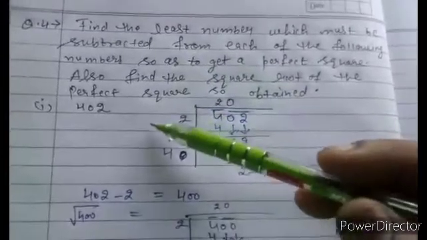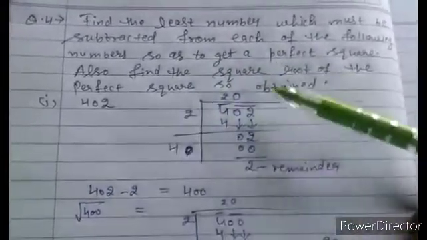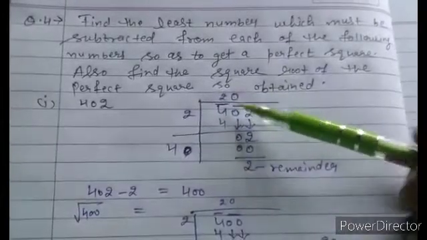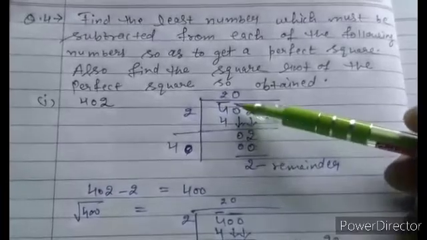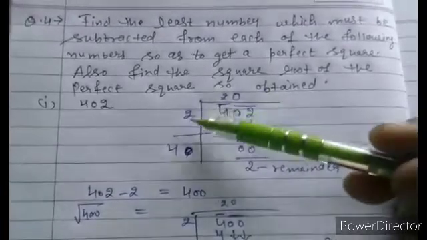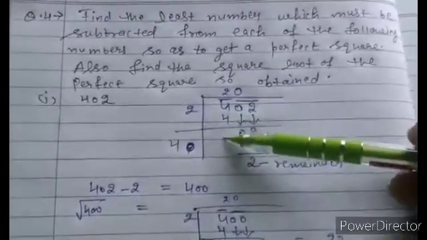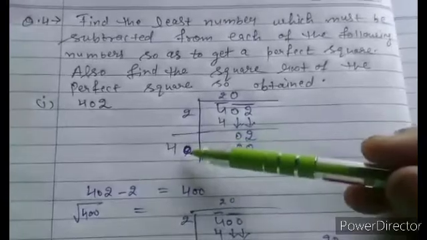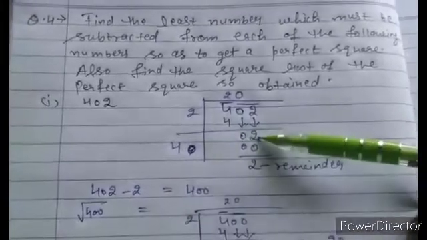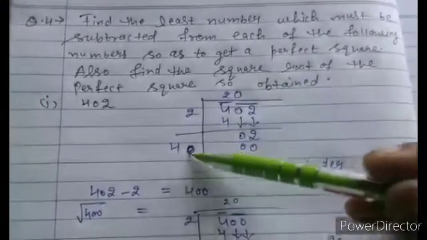Let's discuss the first part. Firstly, we will find out the square root of 402. With the same long division method, firstly we will make the pairs. From the last digits we start to make the pair. 2 2s are 4. Now this pair will come down because 4 minus 4 will be 0. 2 plus 2 is 4. Now if we write 1 here, then 41 can't come down to 02. So we will write 0 here. We will multiply 40 with 0.